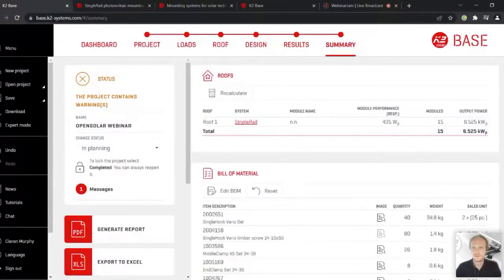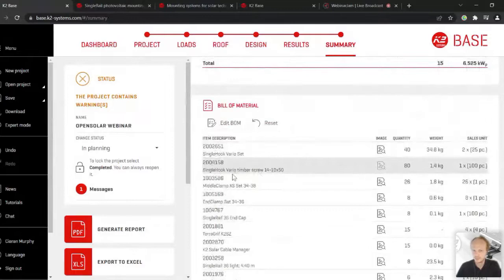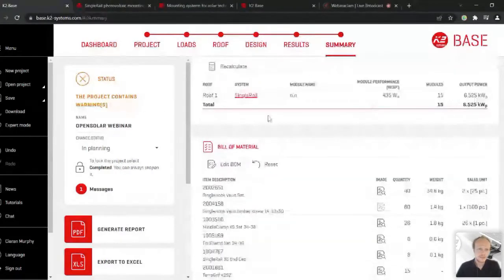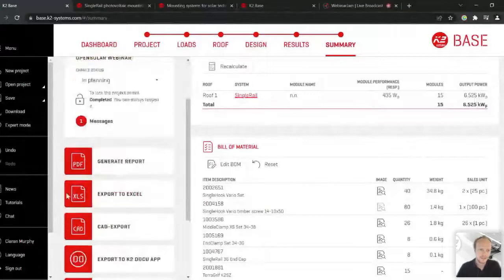We get to the summary page, and this pretty much has all the information for the project that you need to know, or that you're just interested about. So if you have multiple roofs, they will all be listed here. You have a bill of materials that can be separated with these roofs if there are more, sales units, overall weight of the system. And here we have options that Paul was talking about in terms of what we can